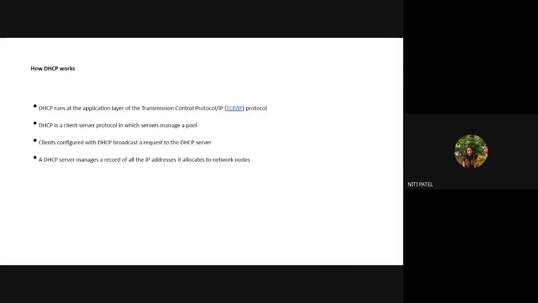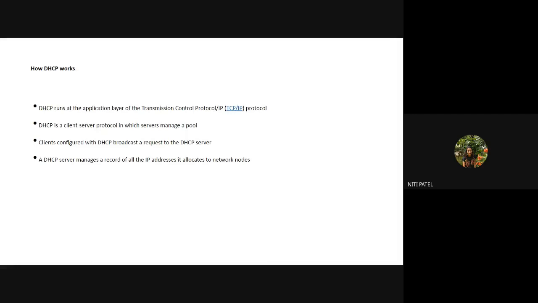It has a DHCP pool. The protocol maintains a DHCP pool. What does that DHCP pool have? It has n number of IP addresses which are not assigned to any other system at that particular moment. So at 11:36, if that DHCP pool has 20 IP addresses and my system gets connected, one of the IP addresses from that pool will be assigned to me. Now, the same IP address will not be assigned to anybody else if another system is getting attached to the same network from the same location at the same time.